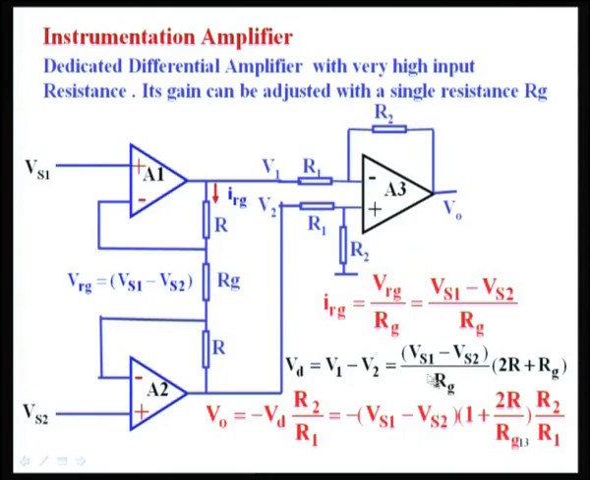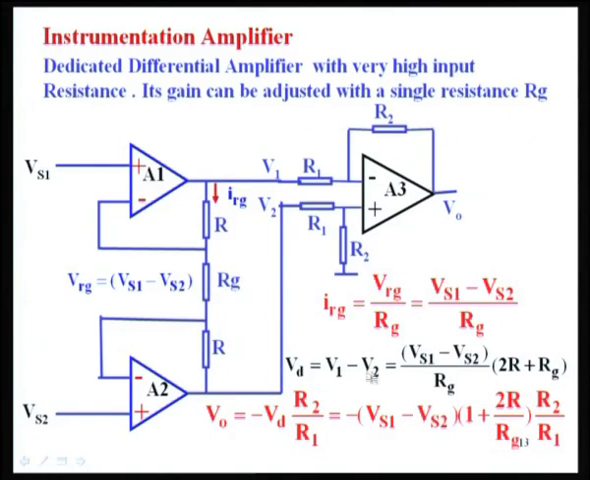So, the total voltage V1 minus V2 is Vs1 minus Vs2 plus (Vs1 minus Vs2) by Rg into (R plus R), that is 2R. 2R into (Vs1 minus Vs2) by Rg, 2R into the current, that is (Vs1 minus Vs2) by Rg, okay, plus Vs1 minus Vs2, that is the difference. That difference voltage,